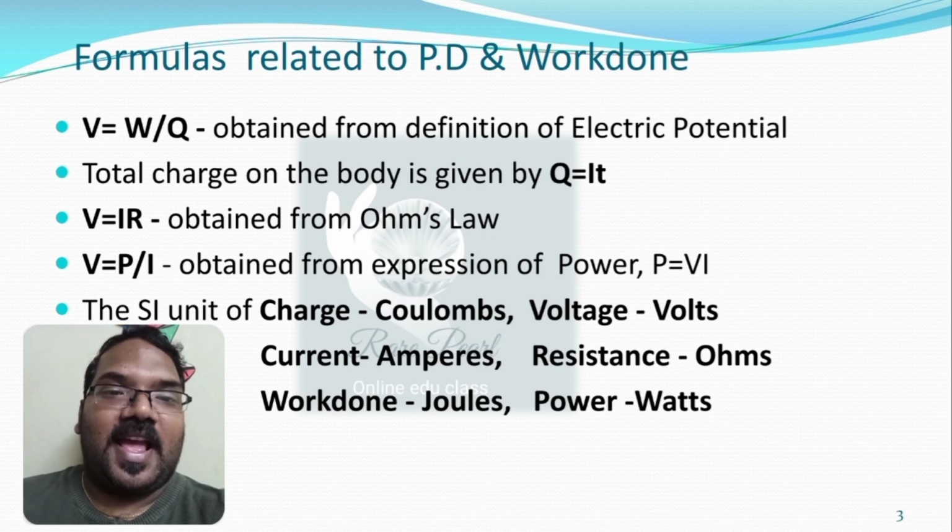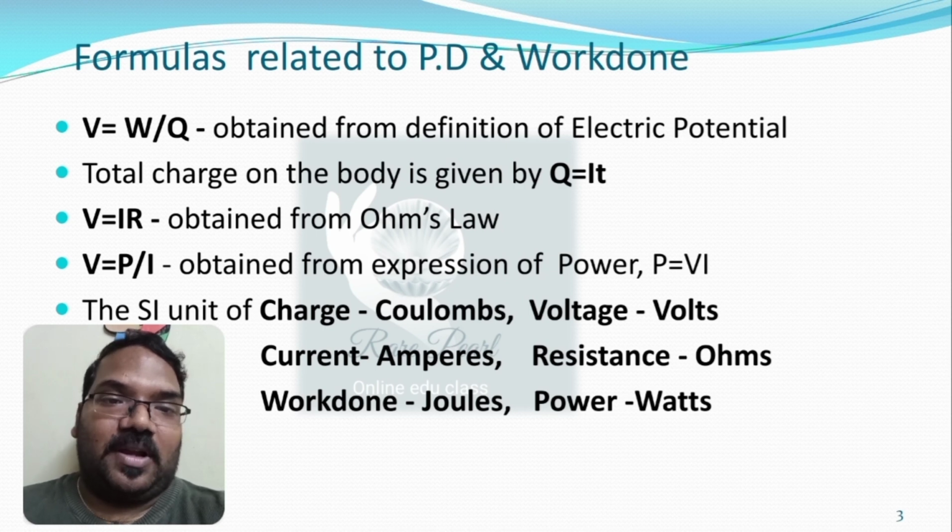In this session, I'm going to solve problems on potential difference and work done. We are going to see various expressions for potential difference. From the definition of electric potential, we get the expression V is equal to W by Q. And the second expression, V is equal to I into R, is got from Ohm's law. And the third expression, V is equal to P by I, is obtained from the expression of power which we have